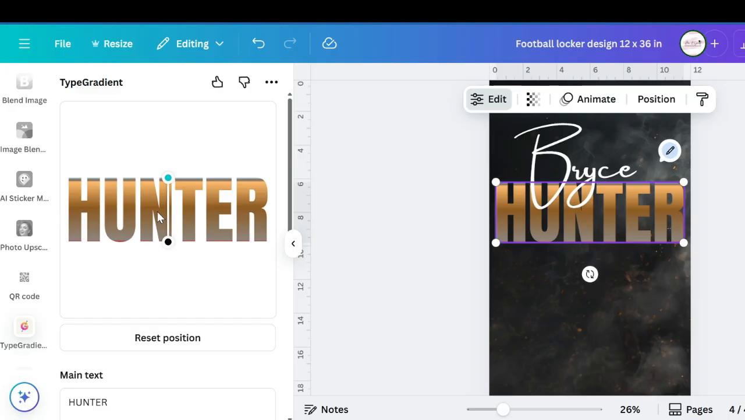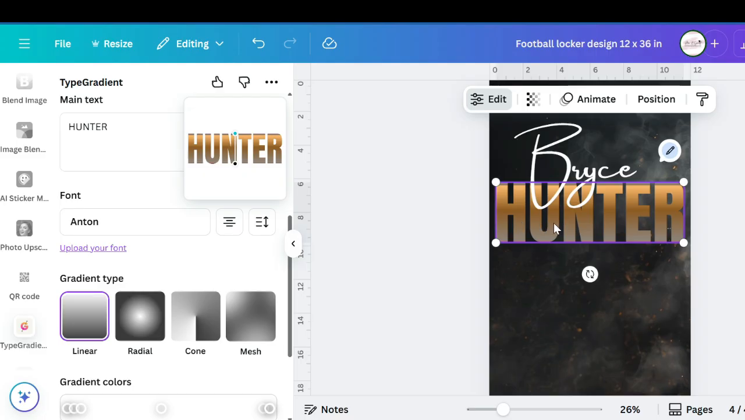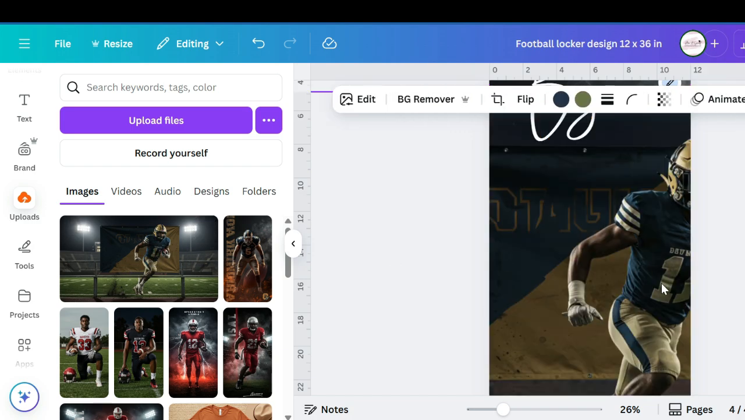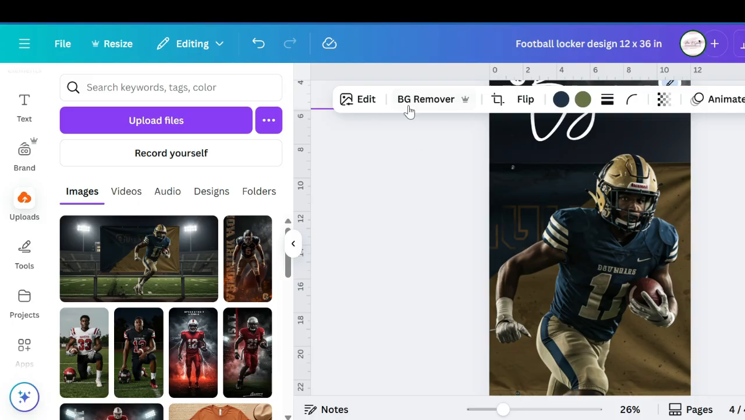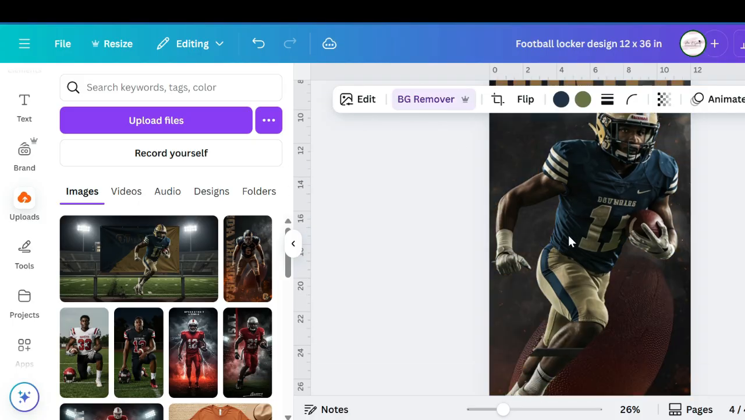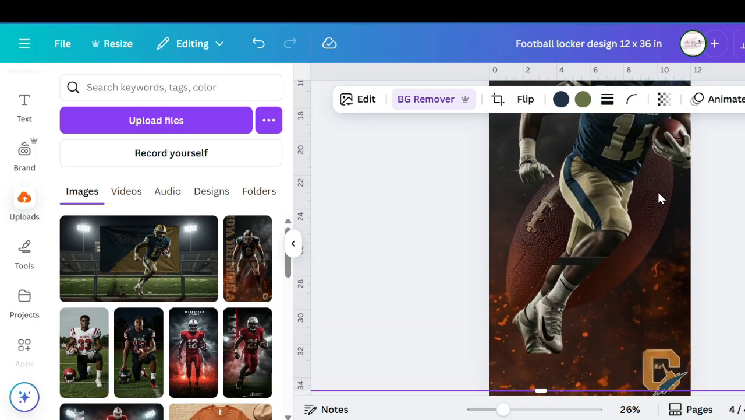Okay, so this is a feature inside of Canva where if you want to use a different gradient, you can. I'm using this gold orange color here, and then you just type in your text right there. For this next step, I'm going to add in the actual football player. Again, I don't have a real photo, so I just used an AI image. I'm going to remove the background so we can just see the football player. So now that he's there, I'm just going to move him around on the template